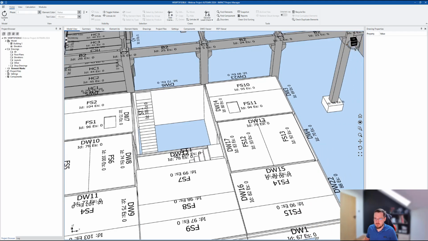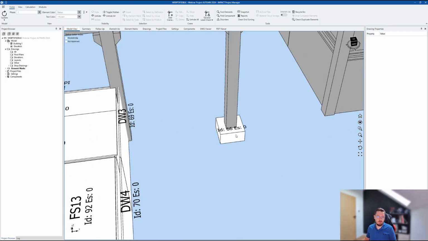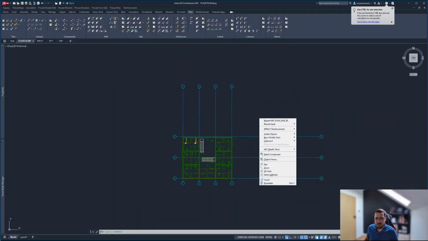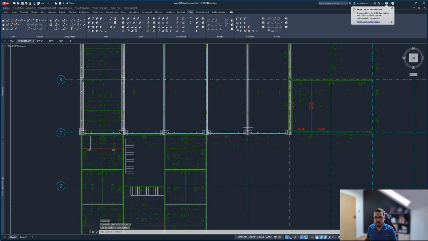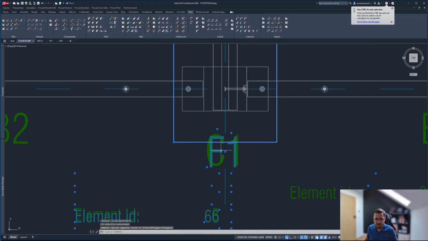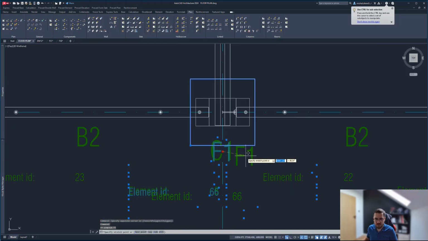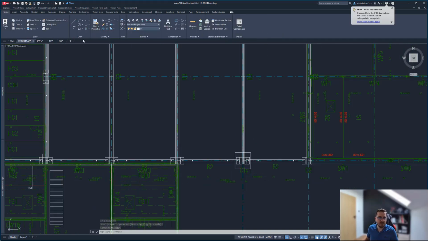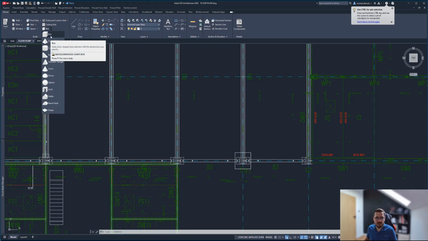In terms of other linked elements, like for example here, that's a concrete footer for the column. I've created that previously. The way I created that basically is I've created a geometry in AutoCAD. Let me just show you. With end object isolation. And that's the F1 footer. Name is overlapping with the column here, but that's a footer. Basically, that's just the box geometry for that footer,